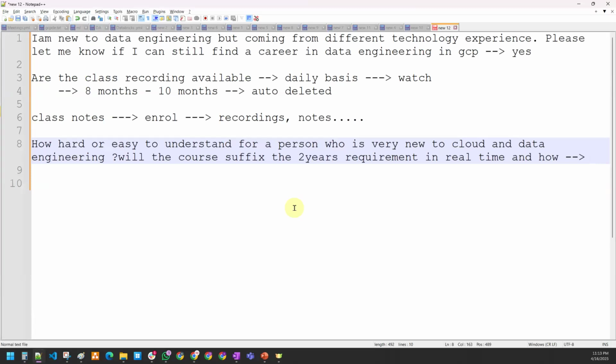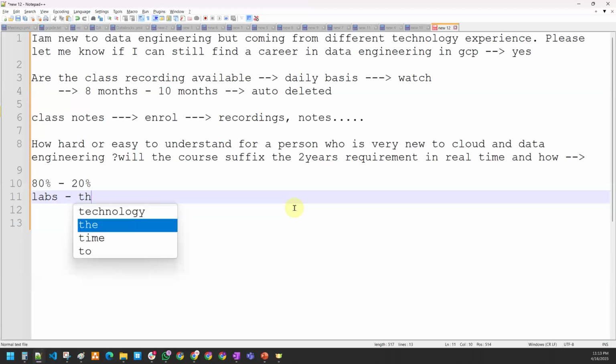If I'm talking about something theoretical, you may not be able to understand it, but I'm going with a lot of examples. My way of teaching, I think I did not tell you guys, is the 80 by 20 model: 80% is practicals, nothing but lab sessions, and 20% is theory. I mainly focus on the lab, so that the moment you practice something, you learn it. If I tell you everything theoretically, for sure no one will understand. That's the reason this is the model that I follow.